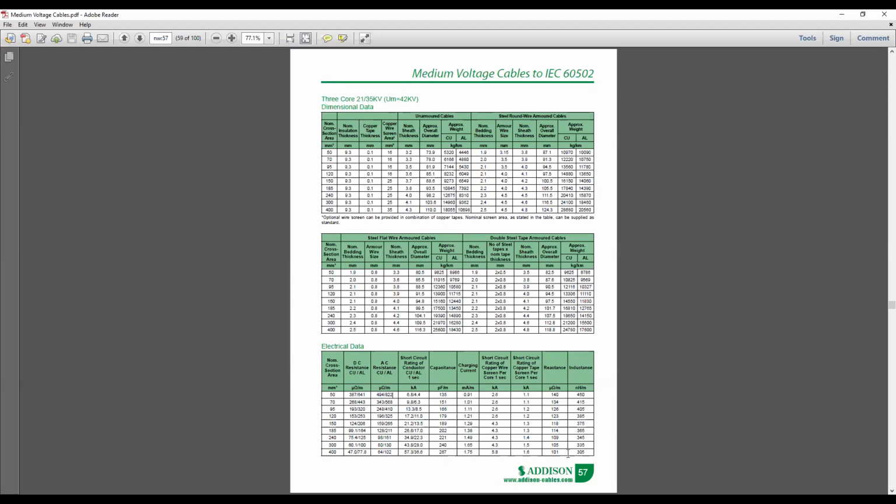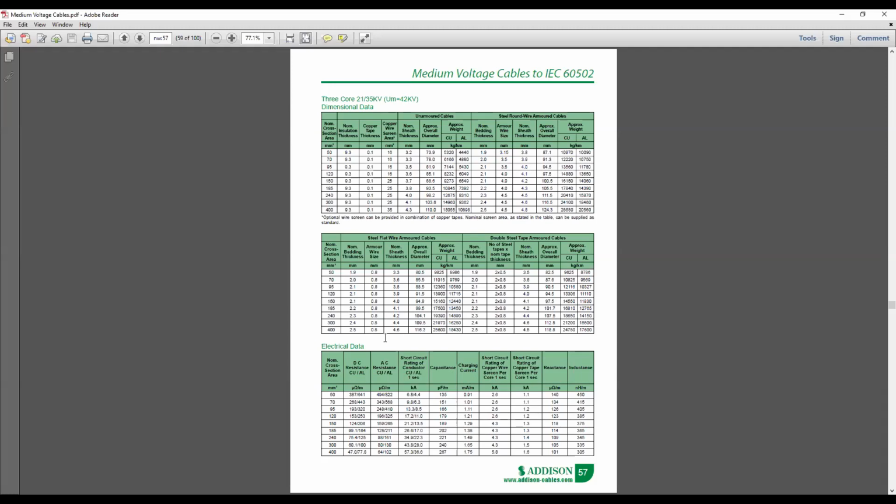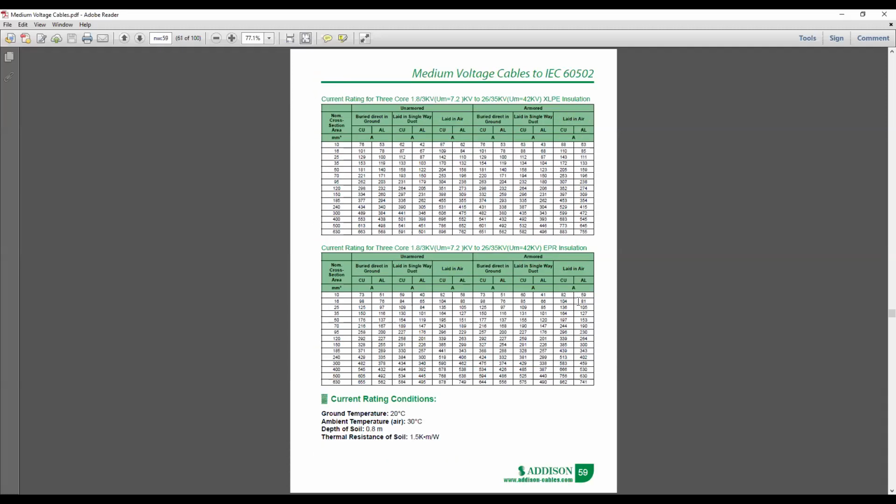In here reactance is given per meter. So when you're applying, you can either use meters. If you are using meters, you have to use all the details in meters. And if you like, you can also convert these things into kilometers. These are the electrical data you can easily find from this manual. And you can also find the current carrying capacities.